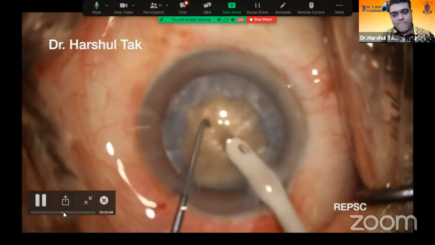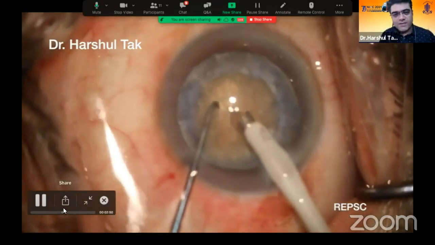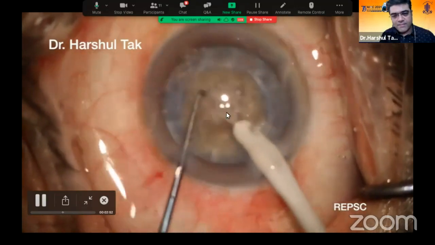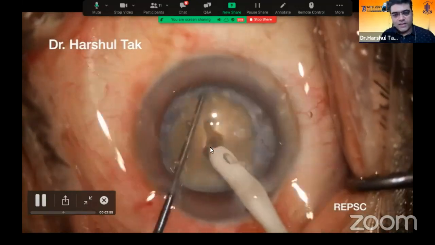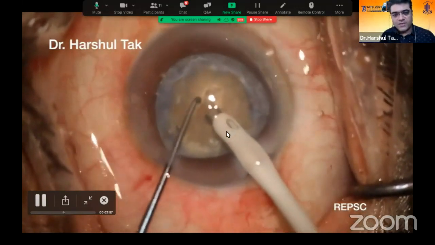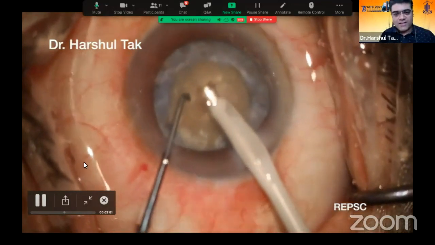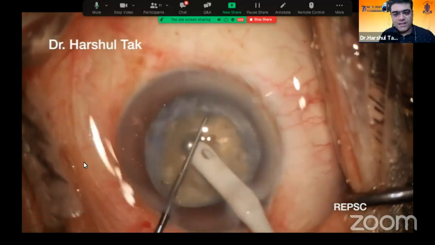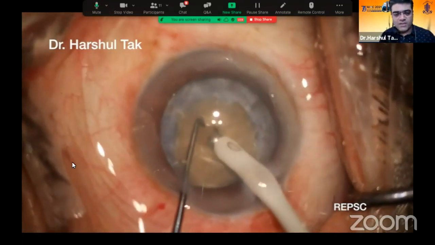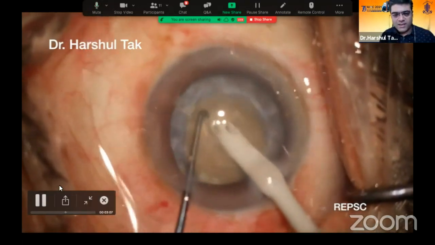So here I go. This is the drill and chop technique which I have been using for years and described. I drill in the center to weaken the central endonuclear core, rotate the nucleus and keep on drilling in the center. What it does is weaken the hardest part of the nucleus, which is the central endonucleus.